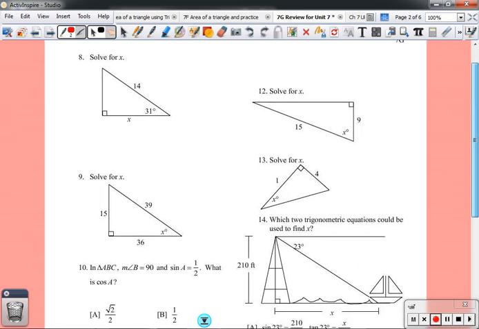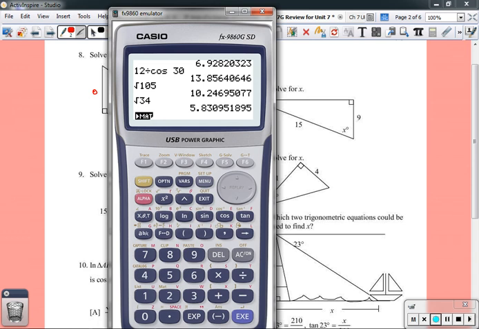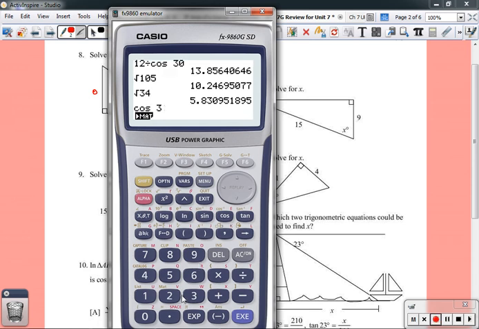All right, here's a bunch of trig practice. Let's label our sides. That's opposite, that's adjacent, that's hypotenuse. Let's remind ourselves of SOHCAHTOA. And we have cosine. So the cosine of 31 is x over 14. Easy enough. Cosine of 31